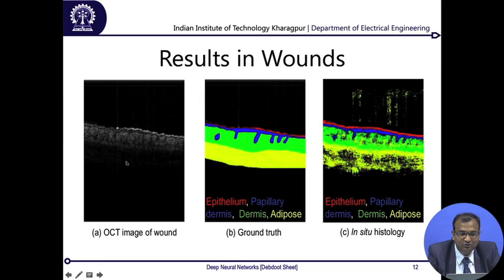What was fed to the network was just these small patches, and what it was asked to predict was just these tissue levels, and the network learns by itself what sort of features to extract and what hierarchy it should follow in order to get to the solution of this particular problem. So this is the beauty of deep neural networks, and with that I would conclude the first part about deep